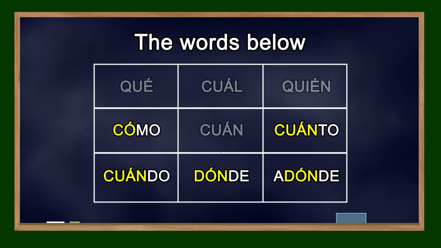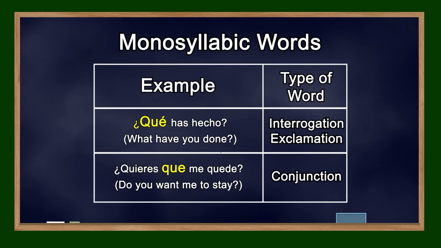Also, the monosyllabic words que, cual, quien, and cuan have been included here and not as part of the first example because the function of their diacritic accent mark is similar to the other words of this list. Having said this, the most common situation in which these words have a diacritic accent mark is when they are part of a question or an exclamation. Examples can be seen on screen. For a more thorough look, download the PDF attached to this lecture.